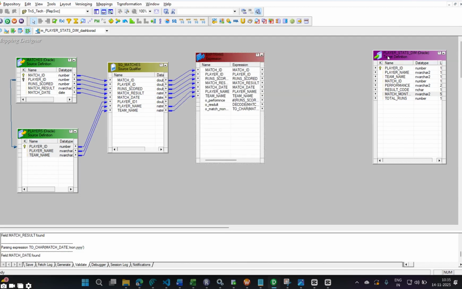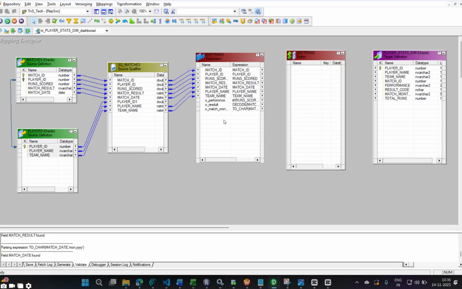So whenever aggregate transformation is used, you have to sort the data. So why do you have to sort the data? It will take a lot of time for the aggregate transformation. It will take time to sort the data to group it. So that's why we are using a sorter here. What is the sorter transformation? AZ. AZ is the sorter transformation indication, and simply just